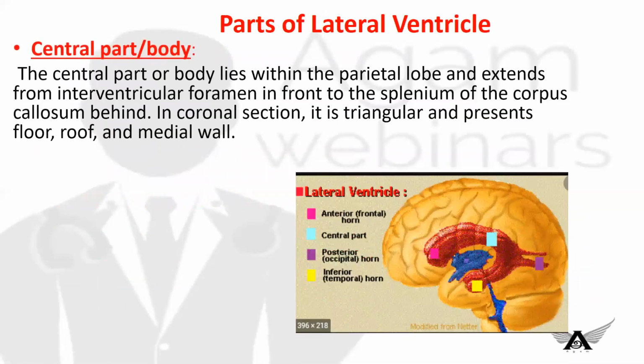First, we will discuss the central part of the body. This green thing is the central part or body. The central part lies within the parietal lobe and extends from the interventricular foramen in front of the